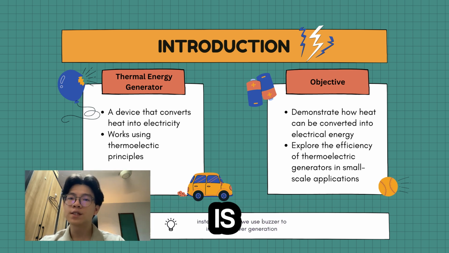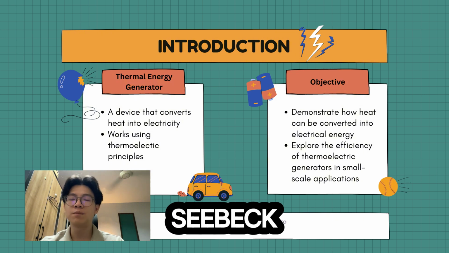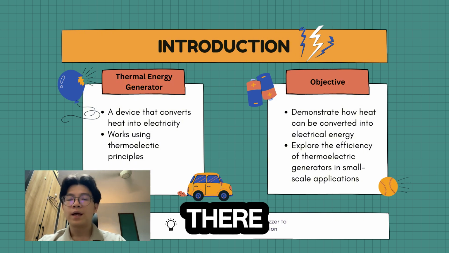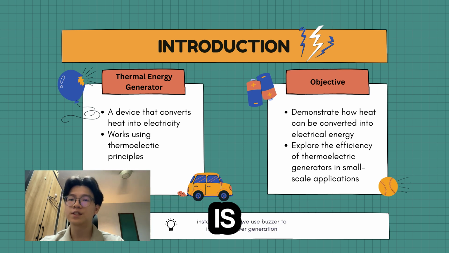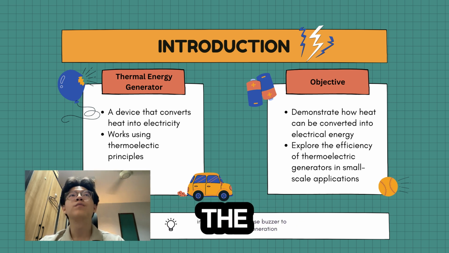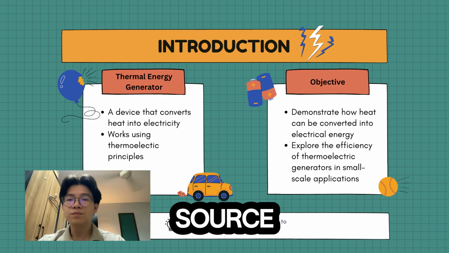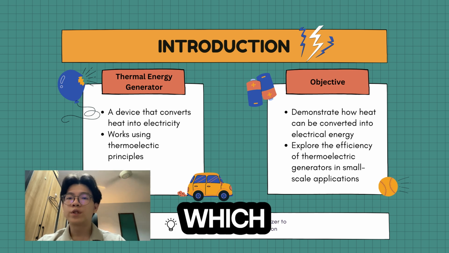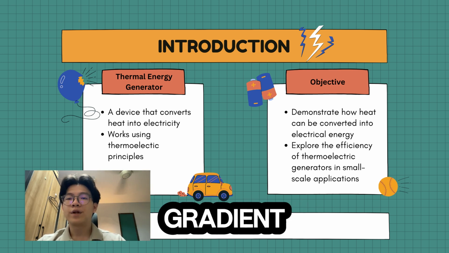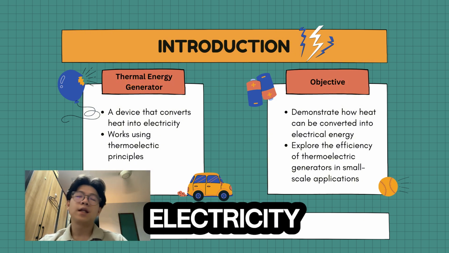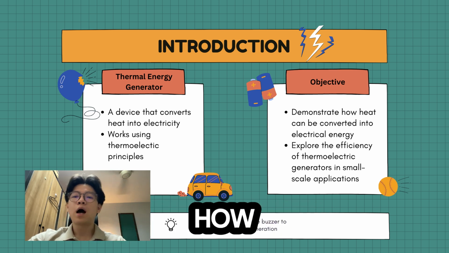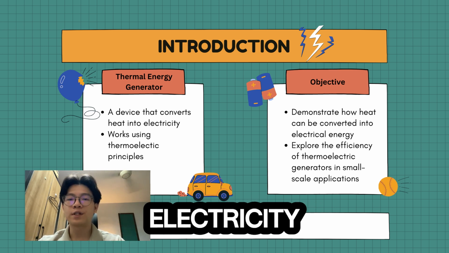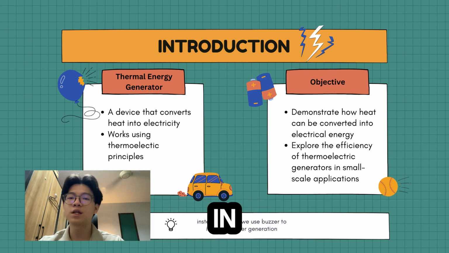So the way it works is it is based off the Seebeck effect, where when there is a temperature difference between two materials, an electrical voltage is generated. In our setup, a candle acts as the heating source while the ice acts as the cooling source, which creates a temperature gradient that generates electricity to power the buzzer. Our objective is to demonstrate how heat can be directly converted into electricity and explore the efficiency of TEGs in small-scale